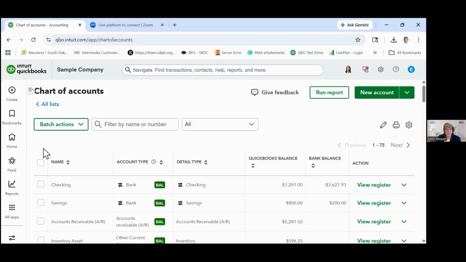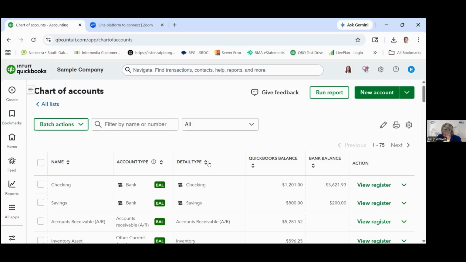Make sure you have all the accounts that you need. You might want to rename some. You might want to get rid of some that you know you're never going to use. Depending on the version of QuickBooks that you have, there are limits on how many accounts you can have. I haven't found that limit has been very restrictive, that people are saying, oh, I can't add one more account because I'm going to be up against my limit. It's a pretty generous limit, but there are limits. So when you have accounts that you aren't using, those are counted against you in that limit. So if you're running up against it, that might be the first thing to do, is look and see if you have some accounts you can get rid of.